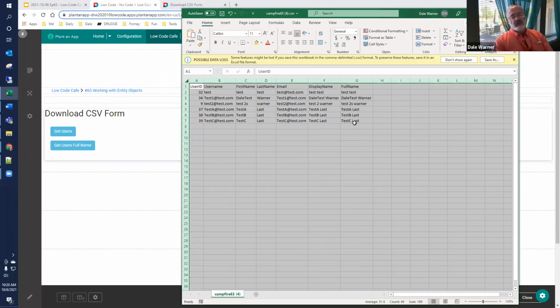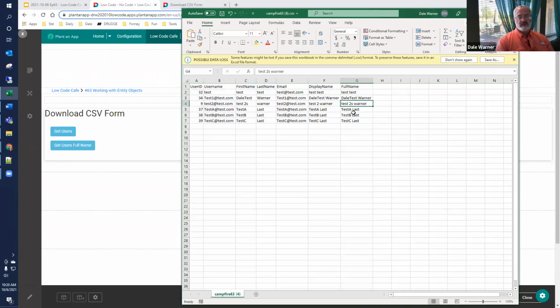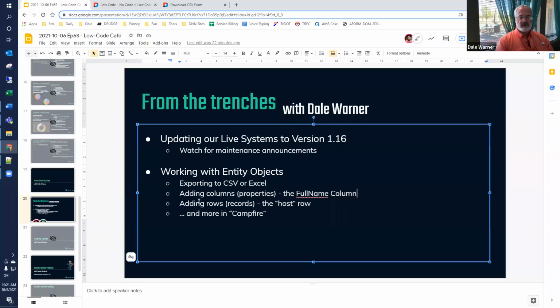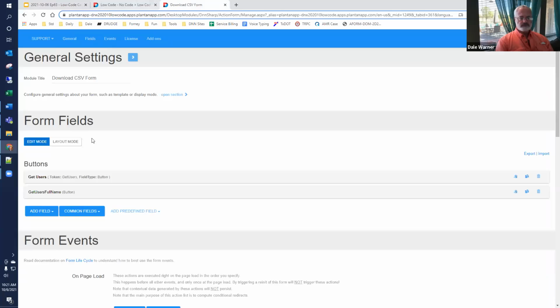So that's one way to manipulate an entity. I've done a demonstration in Campfire where, for example, you might show most records, but conditionally suppress certain values, things like that. There's a lot that you can do with that manipulation. But that's just one example. And since I'm doing okay on time, I'm going to go on to the second example that I had, where you can add rows, other records into the output. So let's take a look at what that might be.